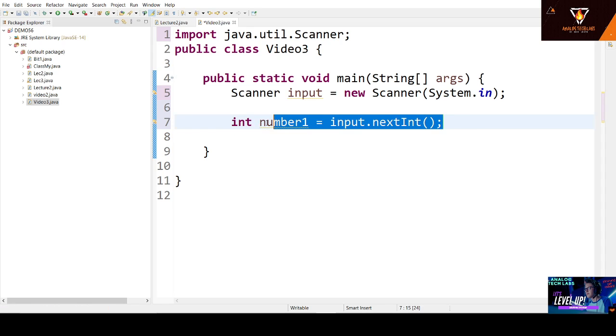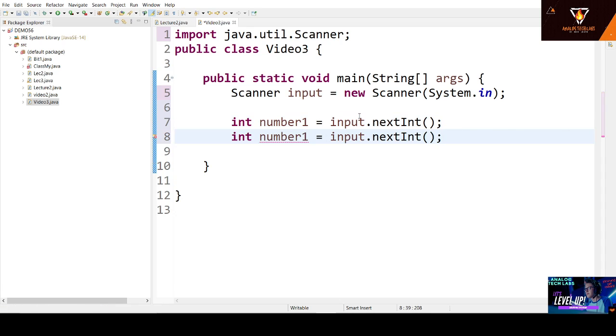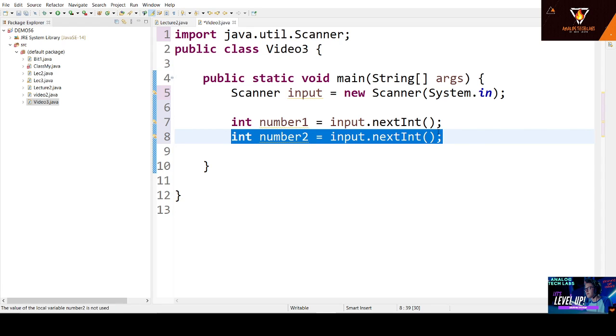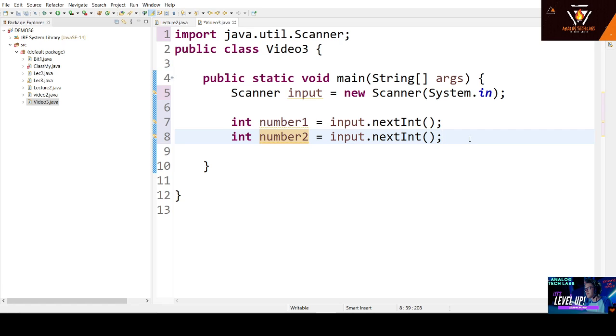Now I'll copy this line and change number1 to number2. This line takes another input from the keyboard and saves it in the number2 variable. Now if I want to swap these two numbers, I can create a temporary variable.